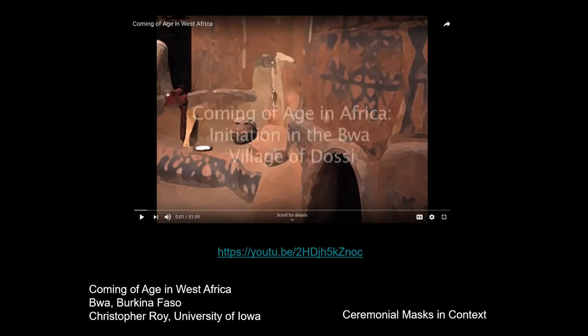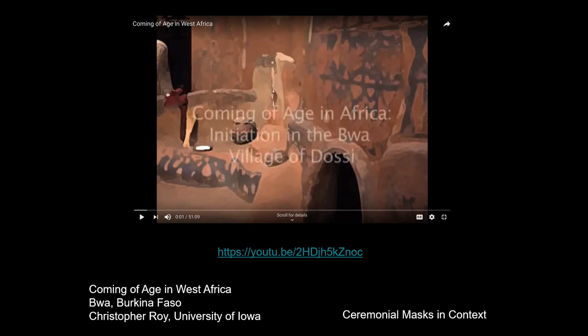In Africa, we have a never-ending continuity with the past. These people are still worshiping the old gods. They're still worshiping in the old ways. And we have this wonderful opportunity to see it firsthand here in the 21st century to give us a sense of the context of this art. So I strongly, strongly recommend you take an hour out and watch this, but watch out for the chicken scene. It is a little bit graphic.